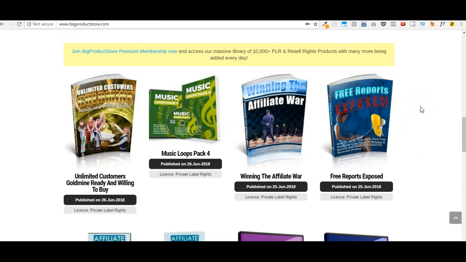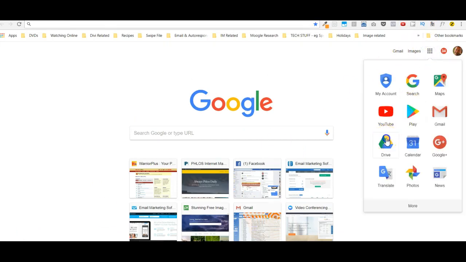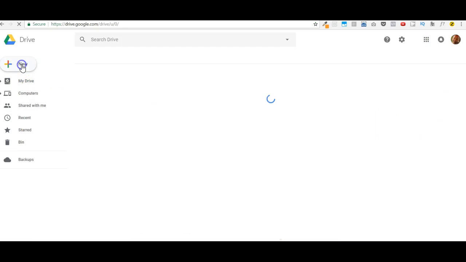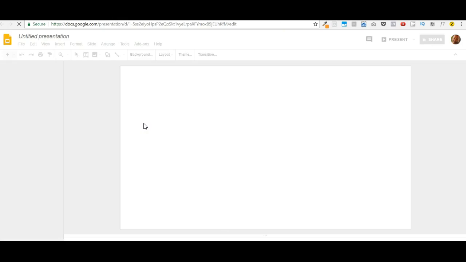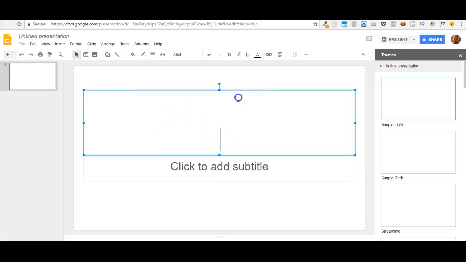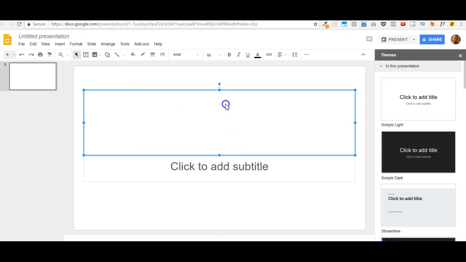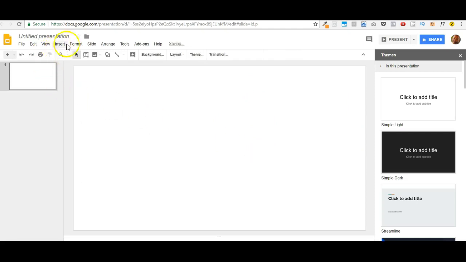Or you can record videos using Screencast-O-Matic that I use and Google Slides. So you take this information and then you just open up Google Slides. Just go over to here, let's go to Google Slides, click on Drive, and go New, and go Google Slides. And then in here is where you start to add your information. All right, so let's say you were doing YouTube ranking. I like to get rid of these and put my own new text boxes in,